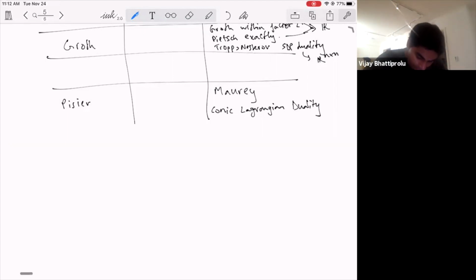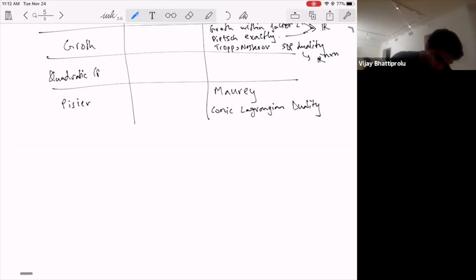And we actually use this conic Lagrangian duality proof to obtain what we think is a previously overlooked factorization theorem for quadratic maximization. So we get a quadratic version of Pisier's theorem,